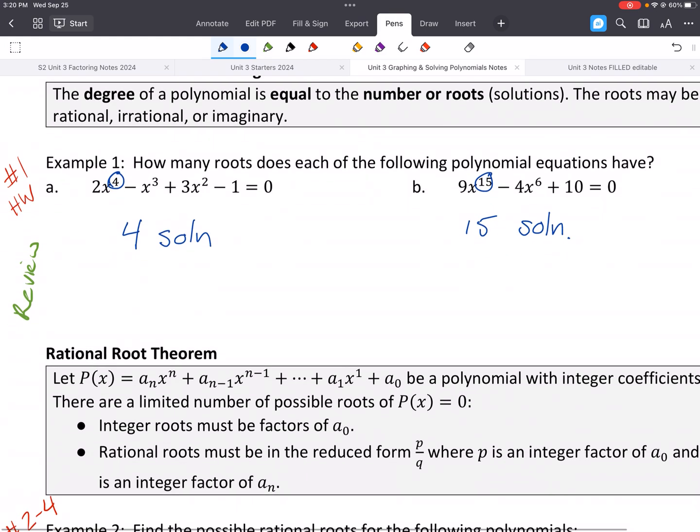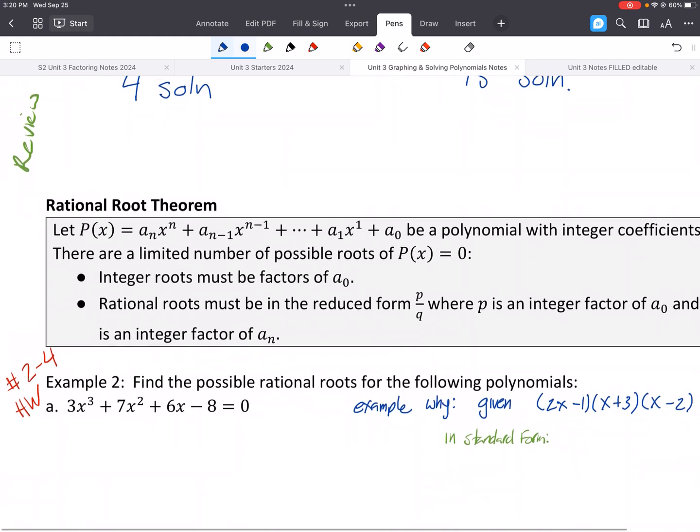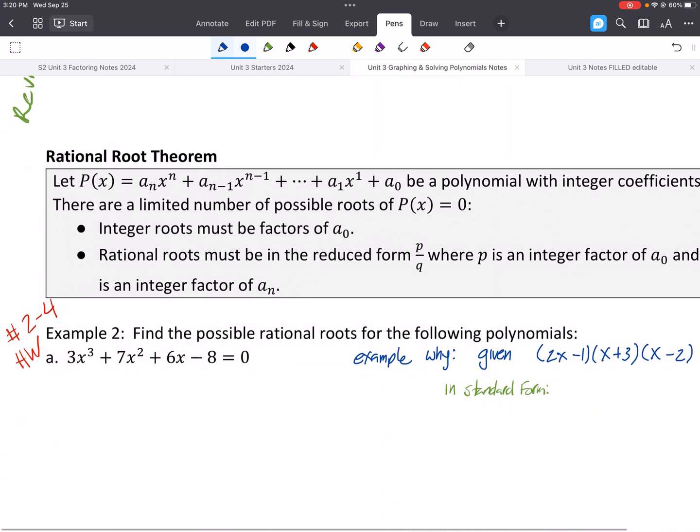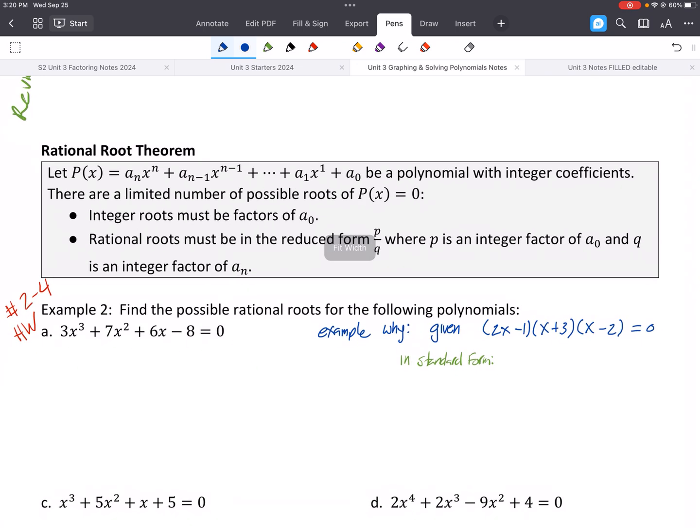Multiple times, okay? So that's just a quick review. And this is the only other real thing that we need to make sure we get before we start doing these problems. This is called the rational root theorem. It basically tells us what are the possibilities, what are some of the numbers that could possibly work, could give